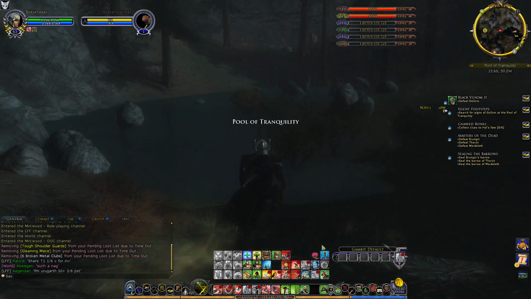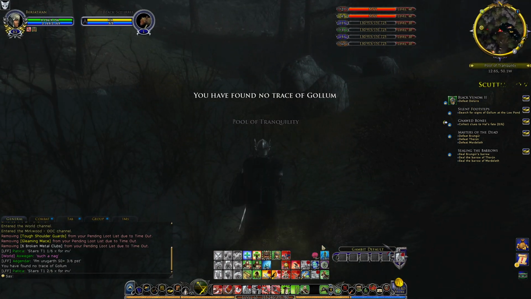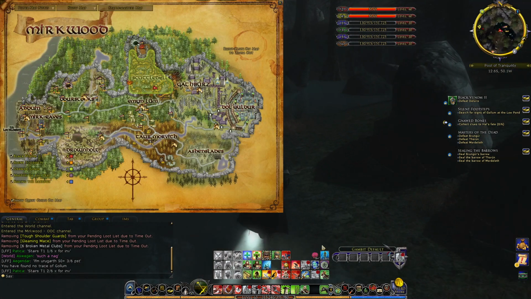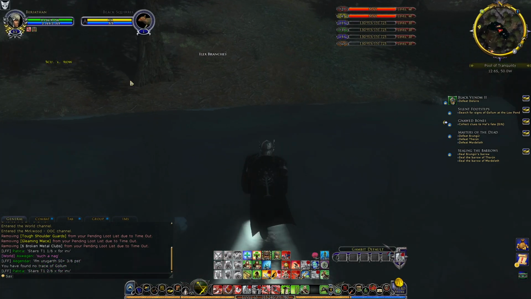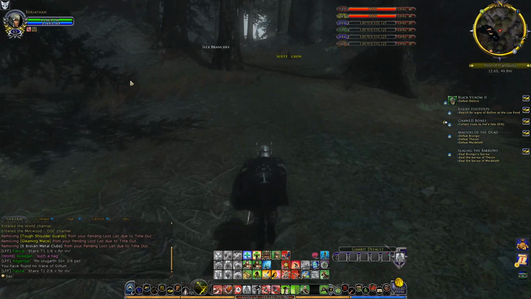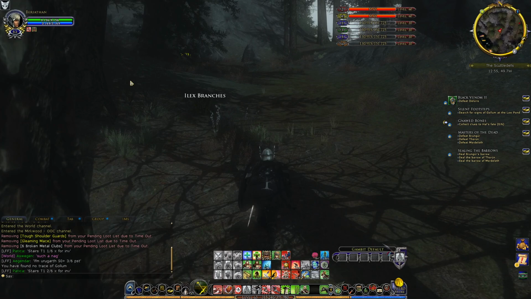And I don't remember exactly what I'm supposed to be looking for in here. We have found no trace of Gollum, okay. Search for signs of Gollum at the low pond. Alright. I know where that one is. But before we go there, to the low pond, let us go...